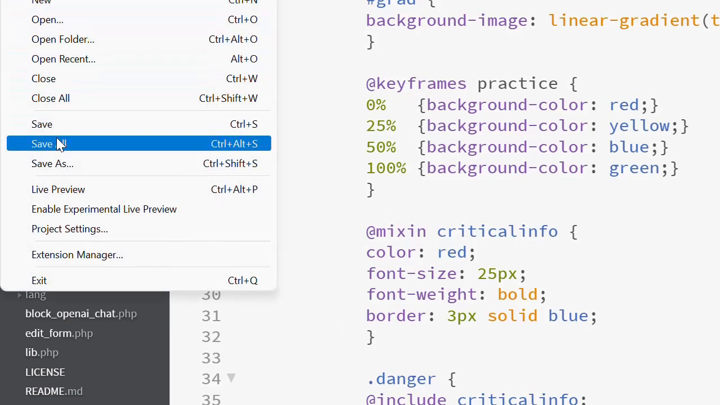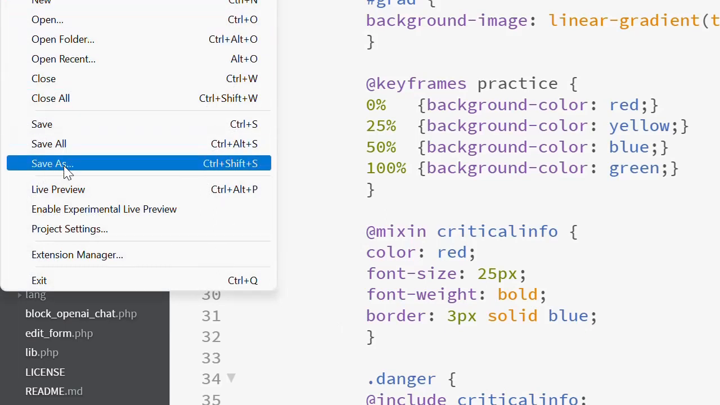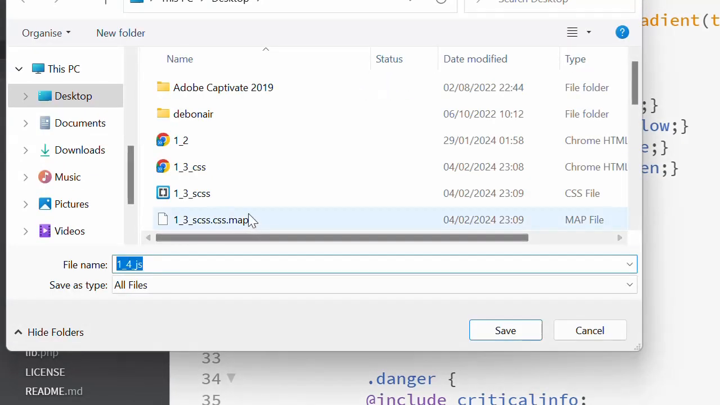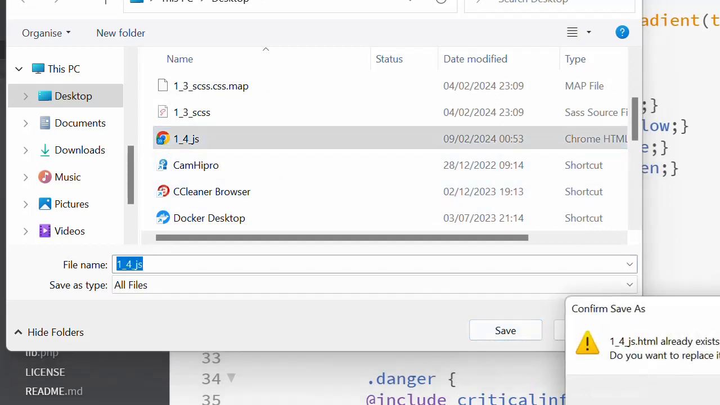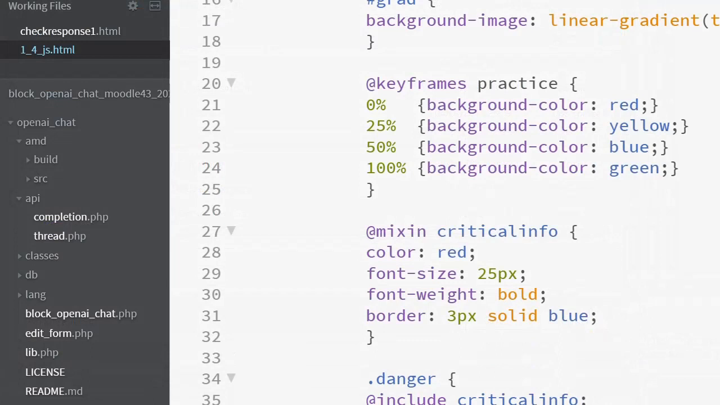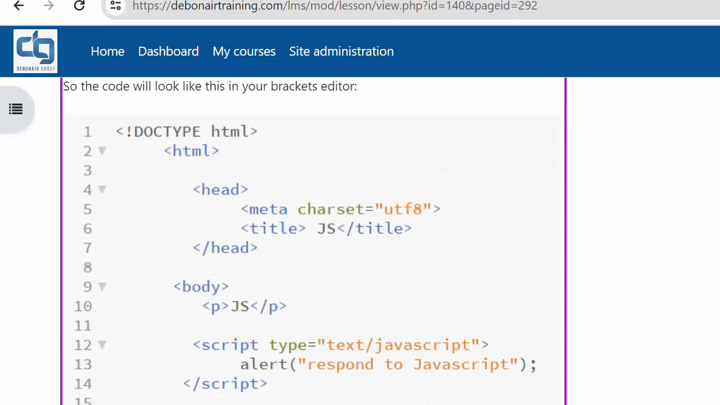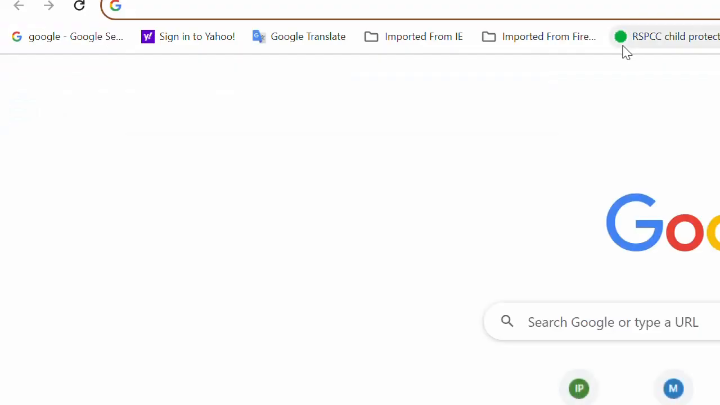We already saved it as, let's make sure it's saved properly. So it's 1.4.js, right? So yeah, it is that one. So we save it. It already exists. That's fine. So now we go and open it up in the browser. Okay. So we go there, open it up in the browser, or rather, let me